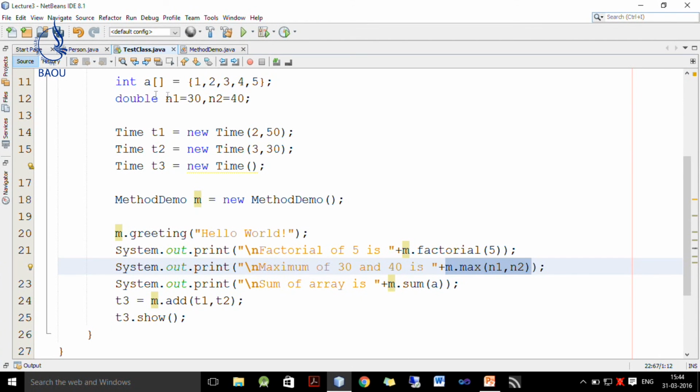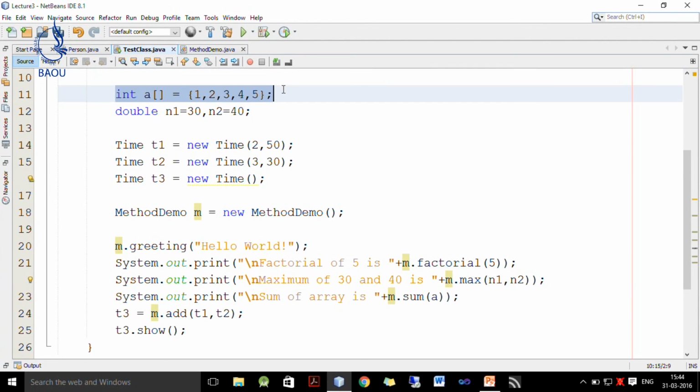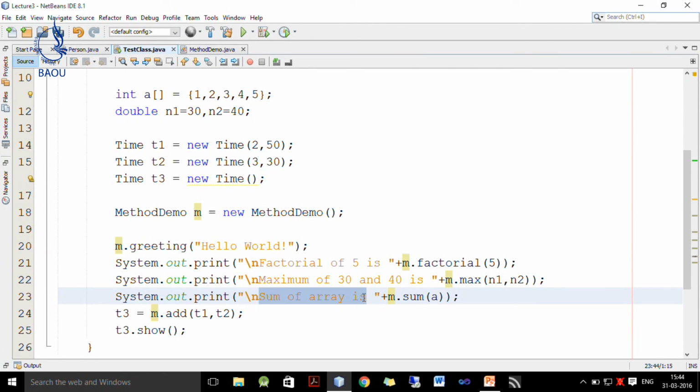Next we want to display the sum of the array. So, we write "sum of array is", and then we call the sum method and provide array A as the argument. It will add 1 plus 2 plus 3 plus 4 plus 5, which is 15. So, it will print sum of array is 15.